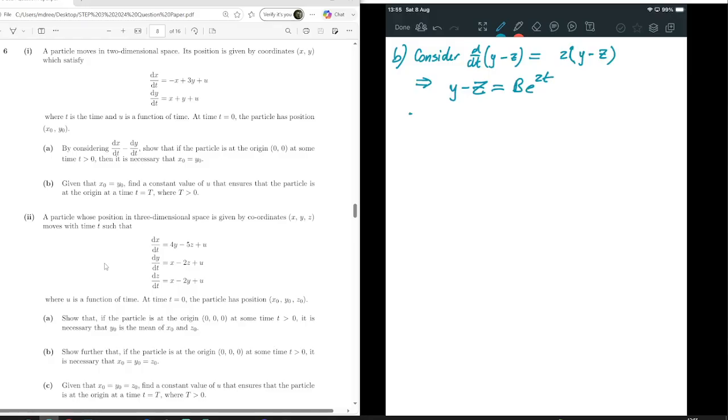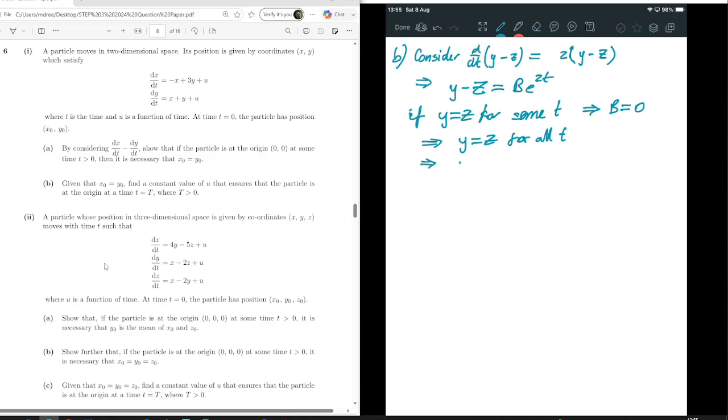But then if y naught, if y equals z for some t, that's going to mean that the b has to equal 0, i.e. that y equals z for all t,